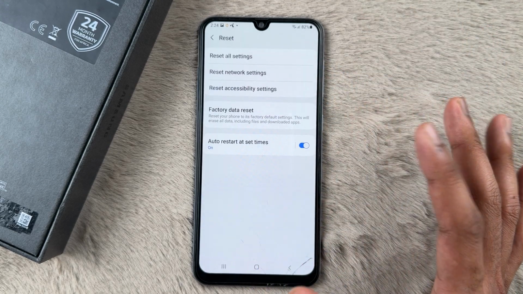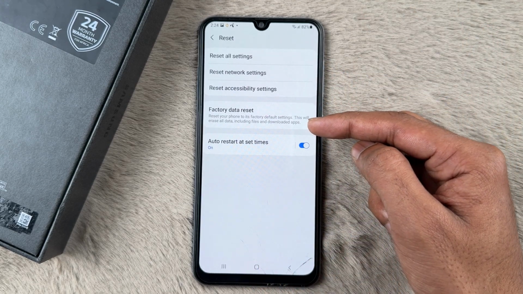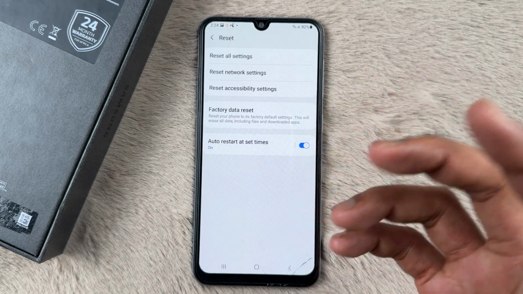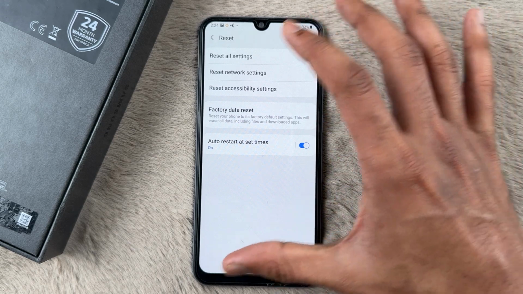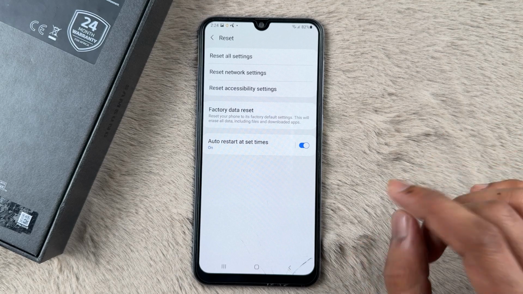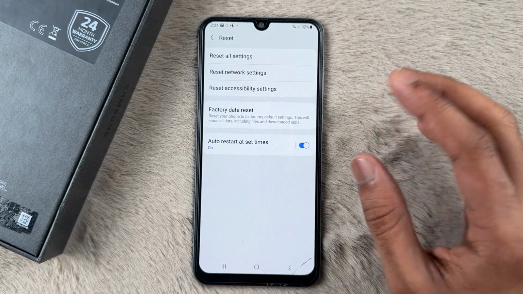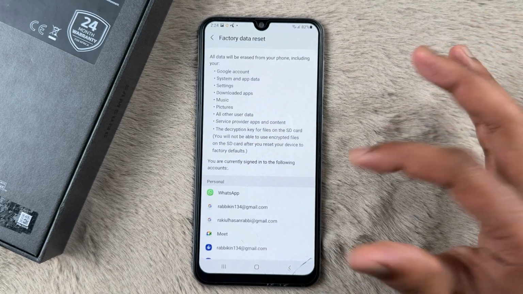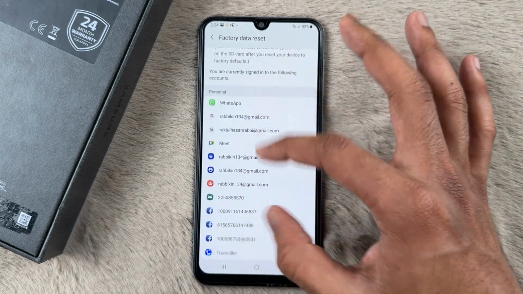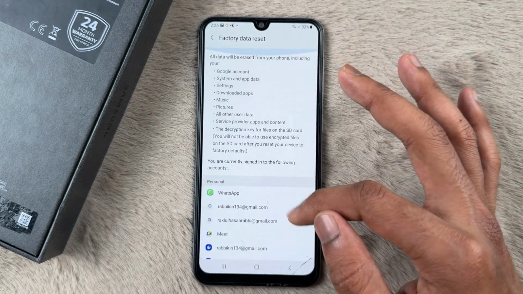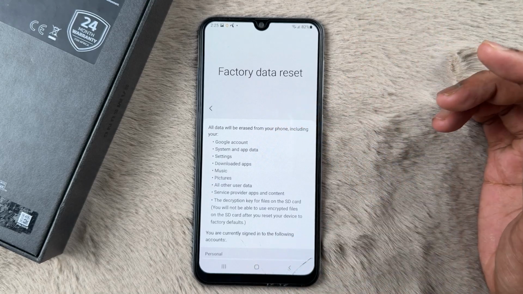You can tap on Reset, and from here you'll find Factory Data Reset, which will erase all the data on your phone and all the settings. It will set all the settings to the default settings, and you can make a backup from here. You can find the data here, and at the bottom you can find some cautions, some